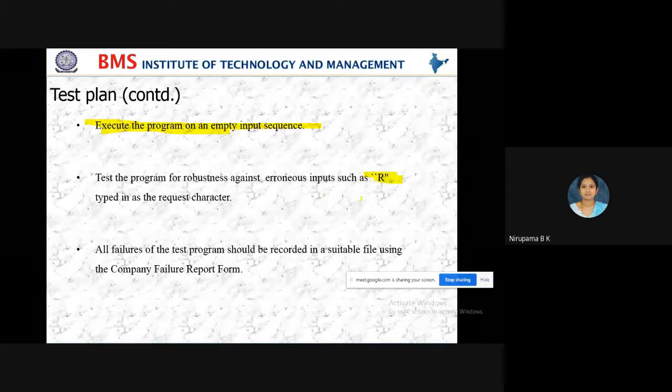If you press R, if you press X, if you press W, and your program gives some output, then you have to report to the company that the program has an error. If your program is displaying the correct error message, then you are getting a success in the program. There is no error in the program.